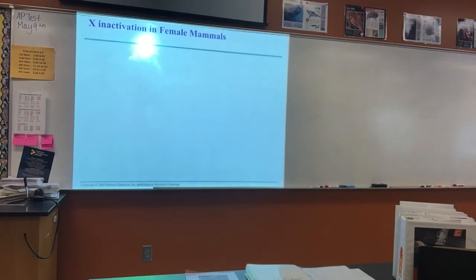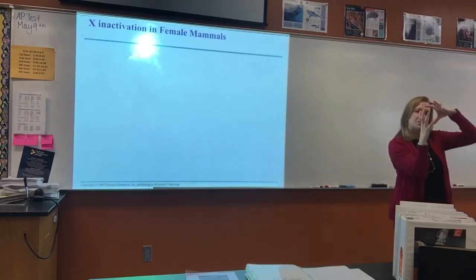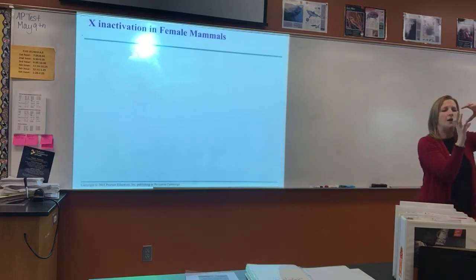And so what happens is that to get this female, you have an egg cell, the mother's egg cell, and the father's sperm cell. Both of them have an X chromosome, because remember when you go through meiosis, males are XY and females are XX. You only give one of your sex chromosomes to your kid. So then sperm fertilizes eggs, and then you get this baby that has two X's and becomes a female. And so this female cat, as the zygote, the one-celled baby with the two X's, starts to divide by mitosis. Remember, mitosis makes identical cells. So they begin to divide by mitosis, and you get this ball of cells, this embryo, that will eventually develop